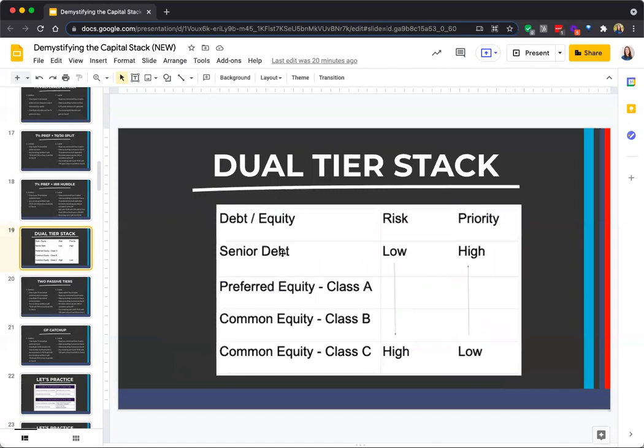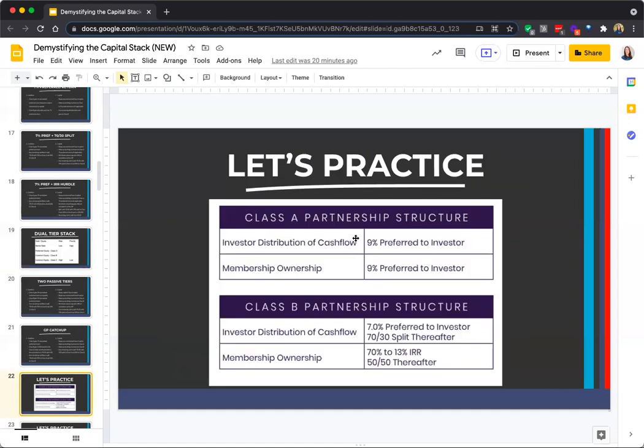All right. So we're looking at a stack like this. The Class A, the preferred investor, they're getting a 9% preferred return and no upside. We can also glean what that investment structure looks like for Class A. It will be outlined in the PPM in specific detail, but we could probably assume from this offering memorandum that the Class A investor would not participate in any capital event on the deal. Then we've got Class B.